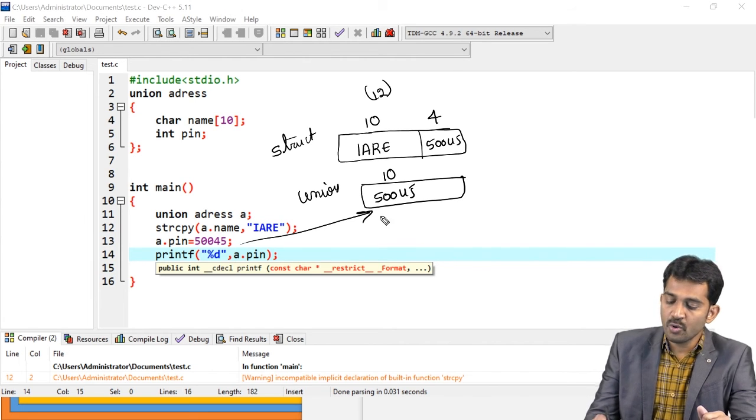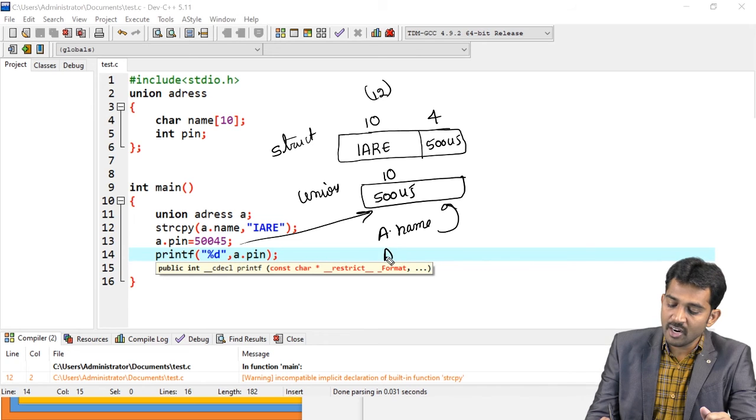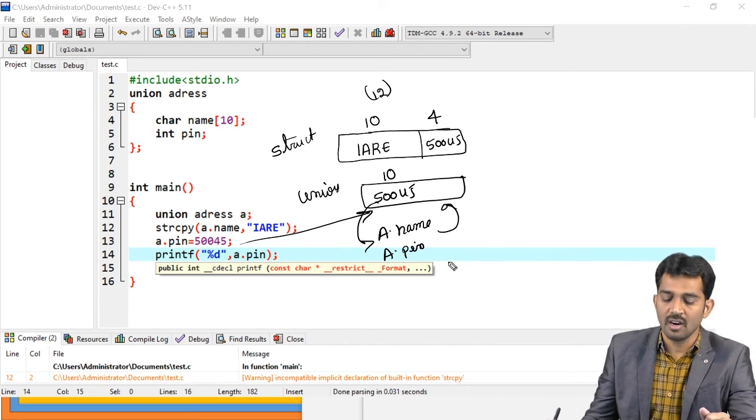That is why printing a.name gives a wrong or undefined output, but a.pin gives the right answer. The reason is you stored only that value last.